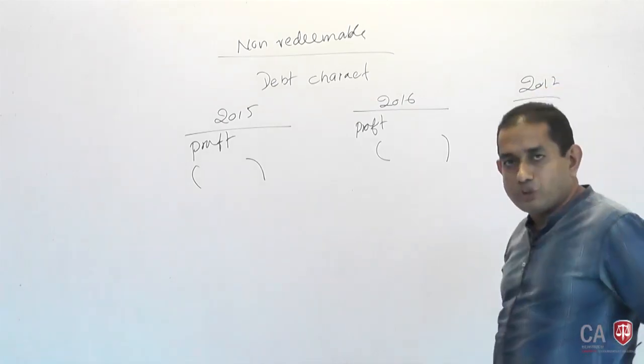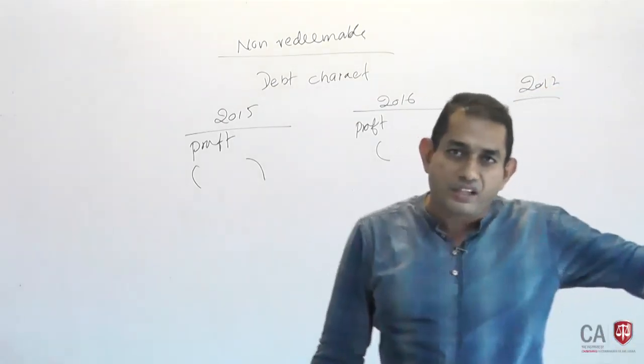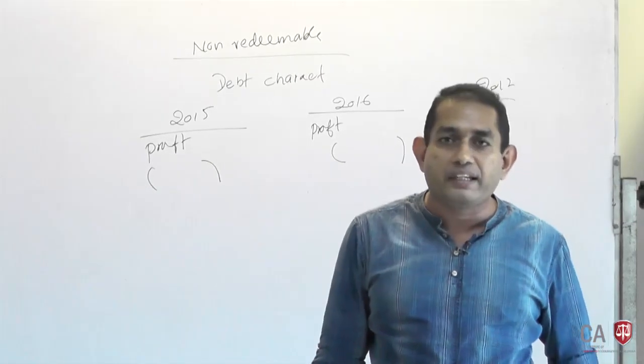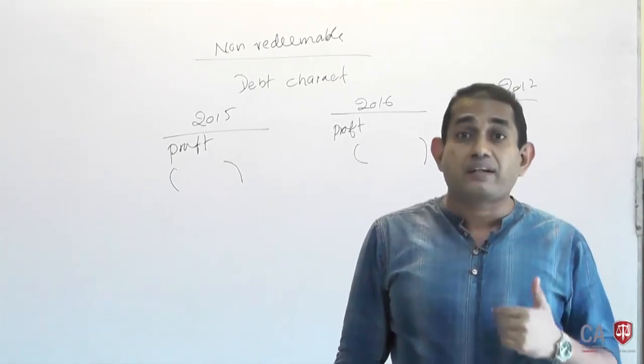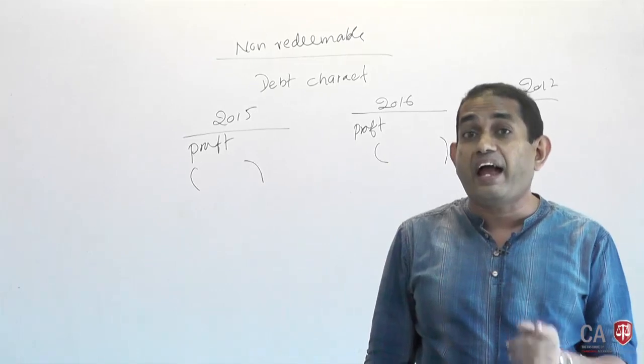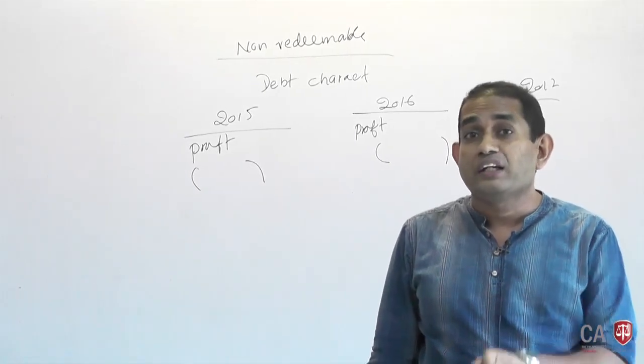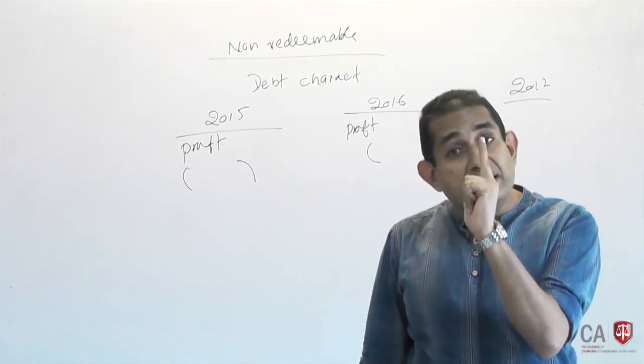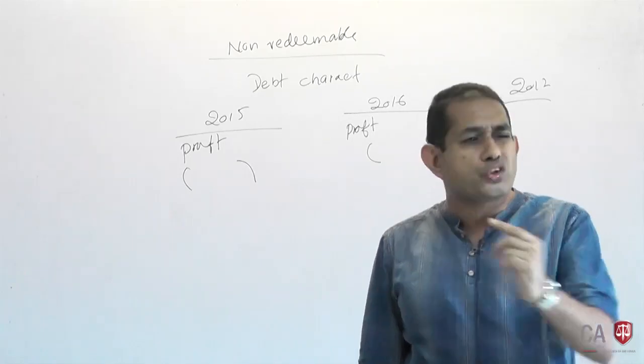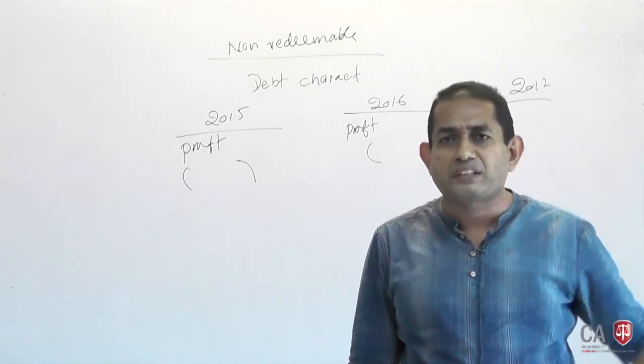2017 we are at a loss. Can the shareholders ask for dividends? No. Why? At whose discretion are the dividends paid? At the discretion of the company. It is the company who can decide whether to pay dividends or not. So, let the shareholders shout as much as they want.